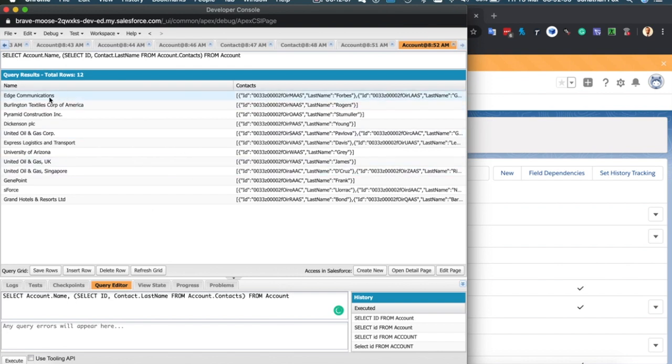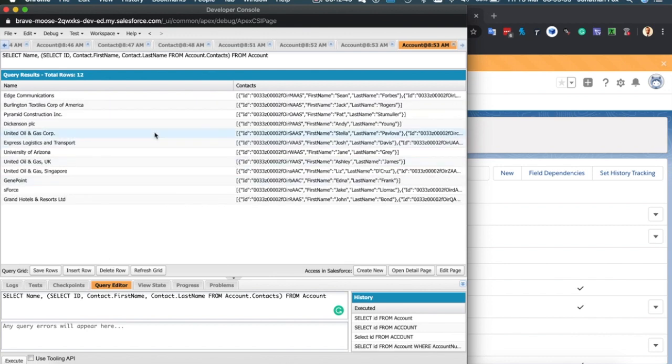So what I've got is I've queried the account name, which I've got there. In fact, I didn't need that, so that was just overcomplicating it. Queried the name from account. And what I want is all contacts' last names. Oh, I missed an ID. We'll throw in first name in there as well. There we go. So what I'm now getting is, if we expand this so we can see it all,